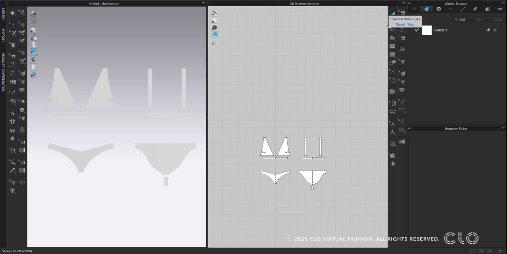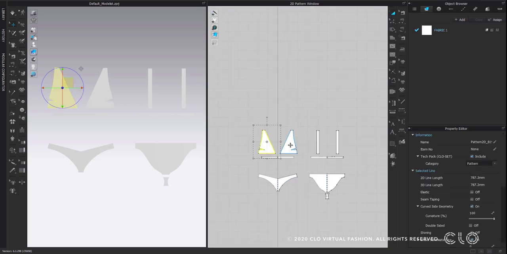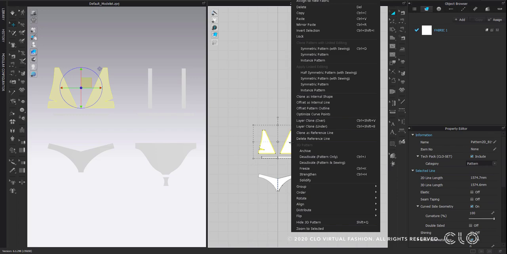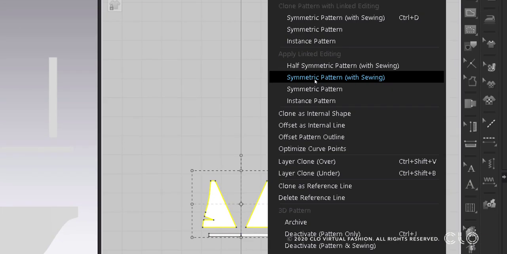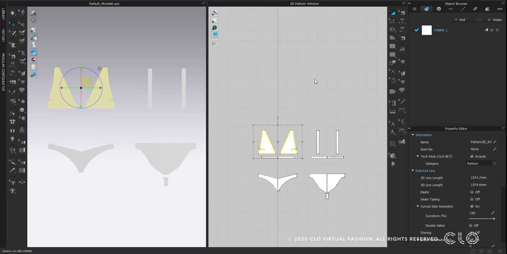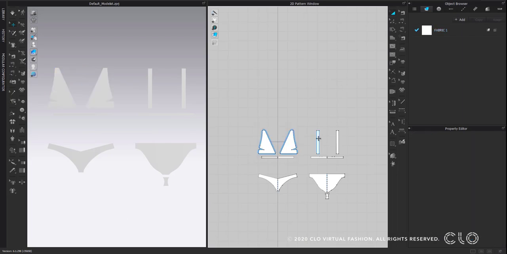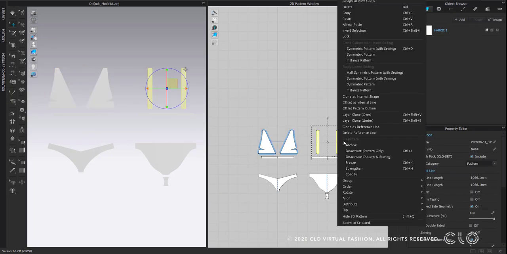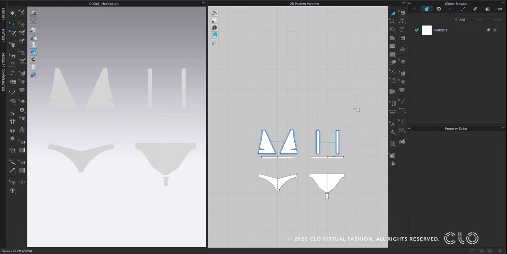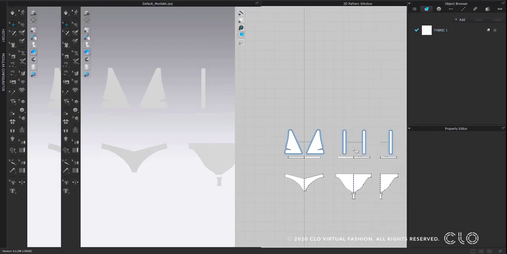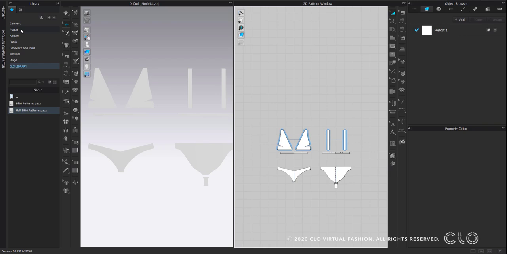Now I have some symmetric patterns that I want to select and apply symmetric pattern with sewing, doing right click on them with Transform Pattern Tool. And now I'm going to do the same for these two here. Okay. Now that we have our patterns like this, I'm going back to the library